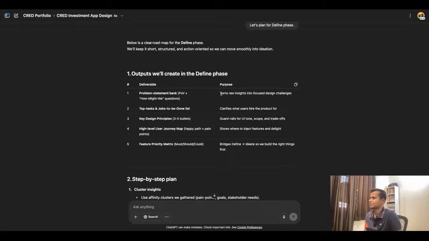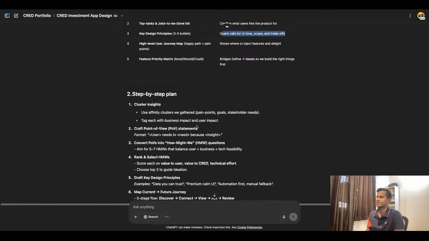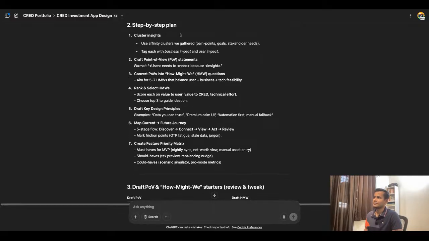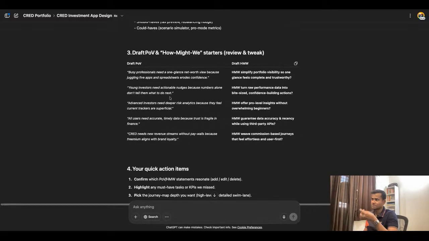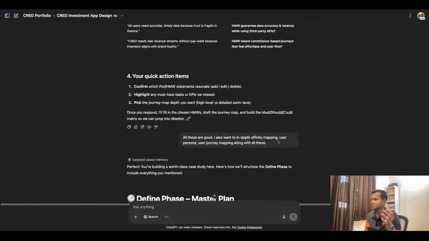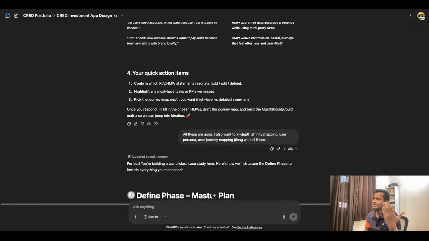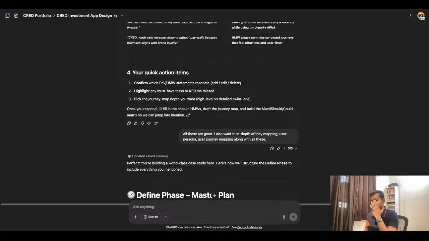How might we statements turn raw insights into focused design challenges, jobs to be done clarifies what users hire the product for, and key design principles are guardrails for UI tone and scope. Then it gave me a plan for this. It also gave me how might we statements, but I wanted to do it differently. So I told ChatGPT, all these are good, but I also want to do an in-depth affinity mapping